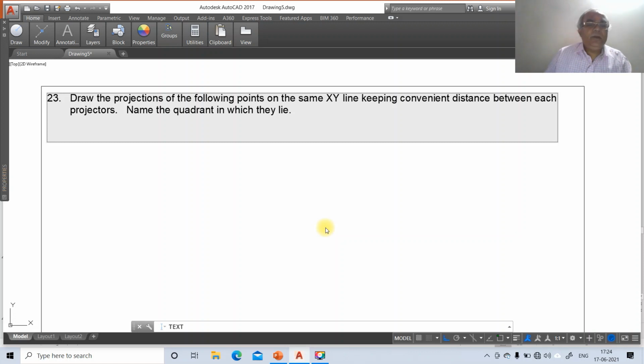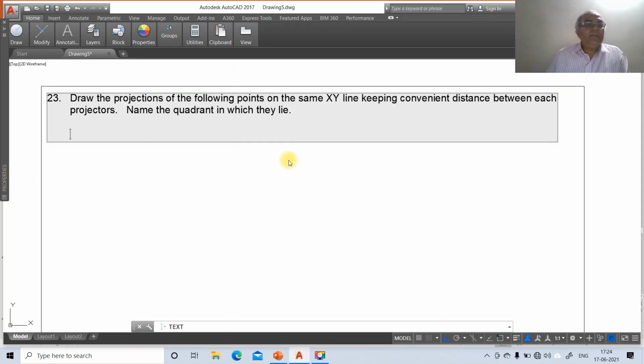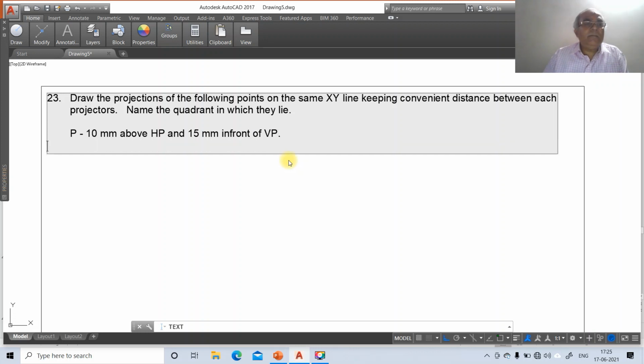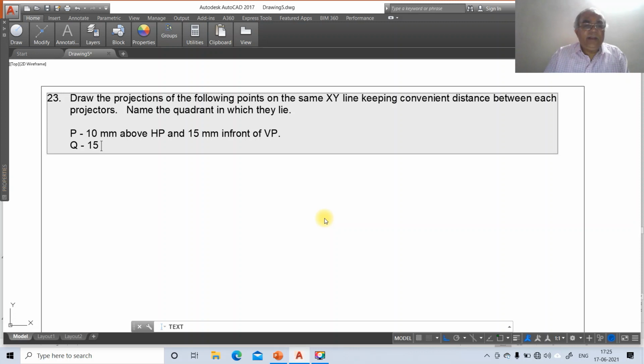So here, the first point is P. P is 10 mm above HP and 15 mm in front of VP. Capital Q, 15 mm above HP and 25 mm behind VP.